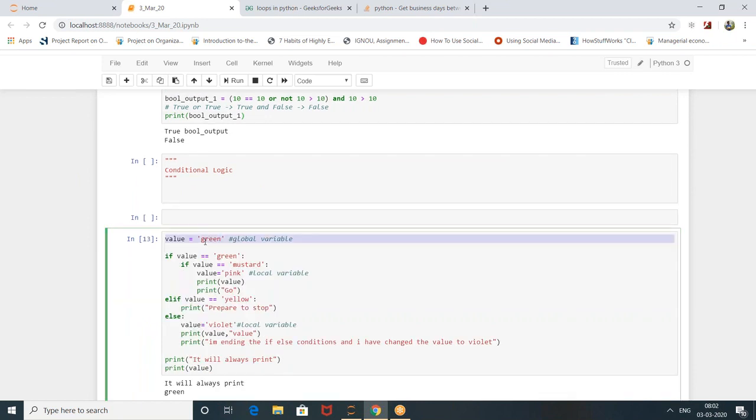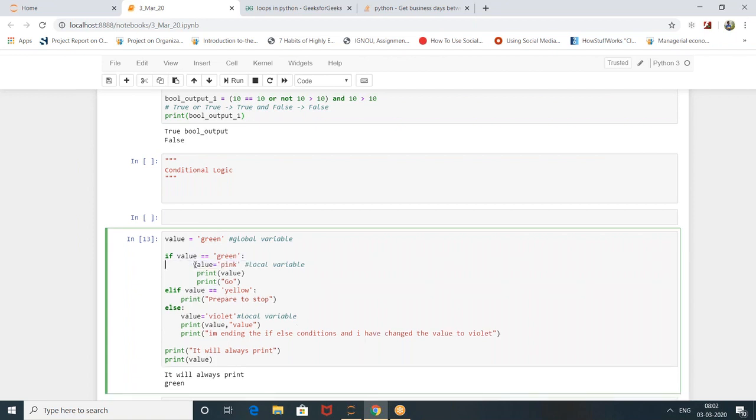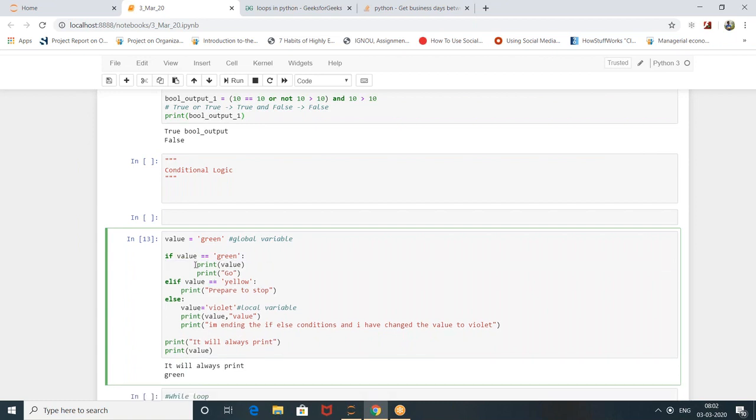See, I'm writing value is equal to green. Value is equal to green. If it is green, then it is going inside. Then let me remove this. Me and Pawan were playing. It will become too tough for you. Then I'll explain.